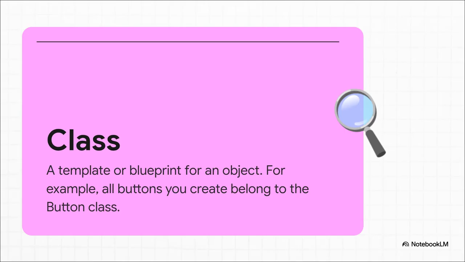So, you might be wondering, where do these buttons come from? Are they just made from scratch every time? Nope. They are all stamped out from a master blueprint, and that blueprint is called a class. Think of the button class as the perfect, original design that defines everything a button is and can do. Every single button you drag onto your app is just a fresh copy, or an instance, of that one master